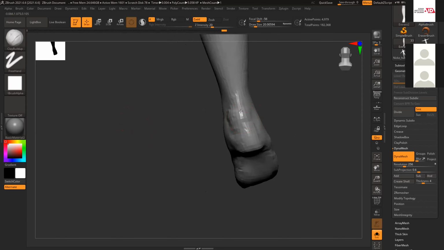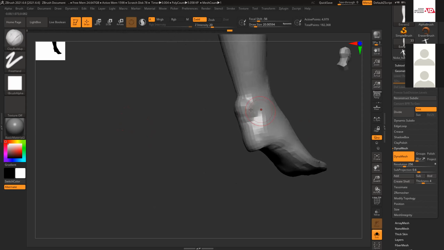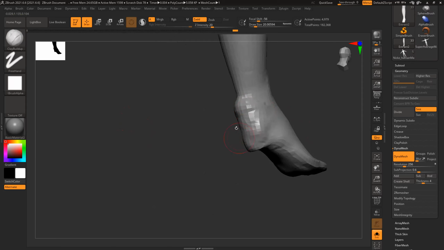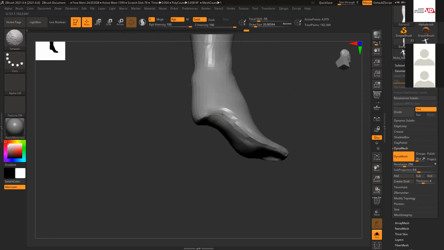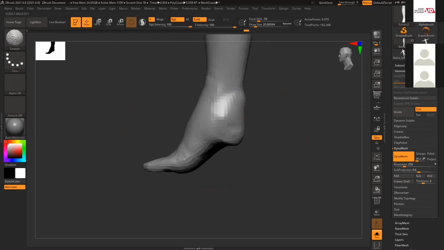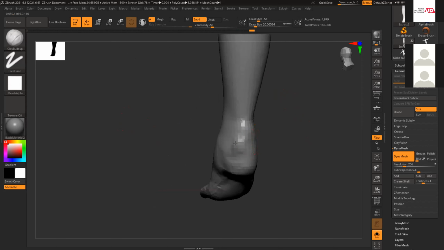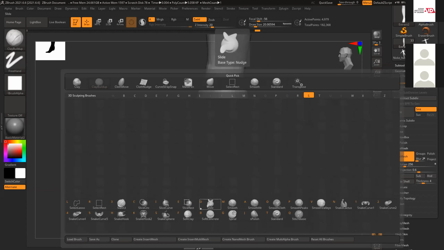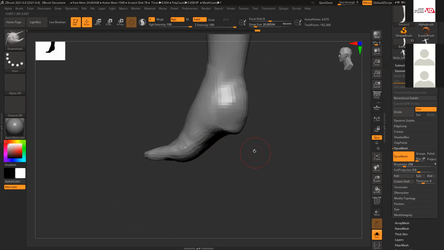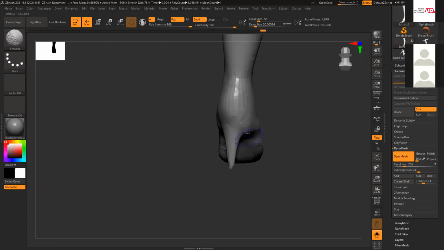This part will add more volume because of the angle of the leg. It will have a little volume. Snake hook, and you can make this heel.